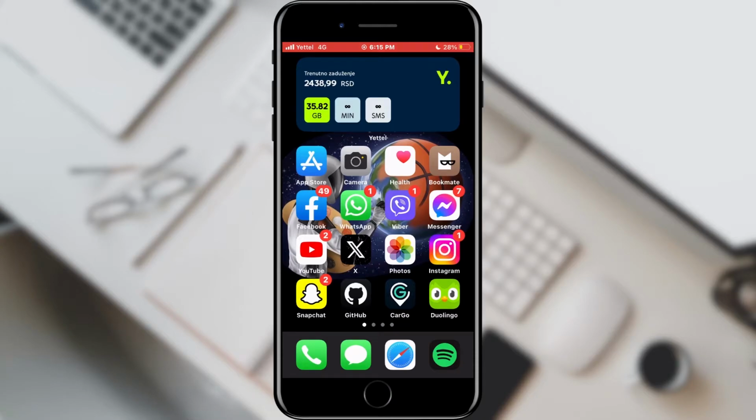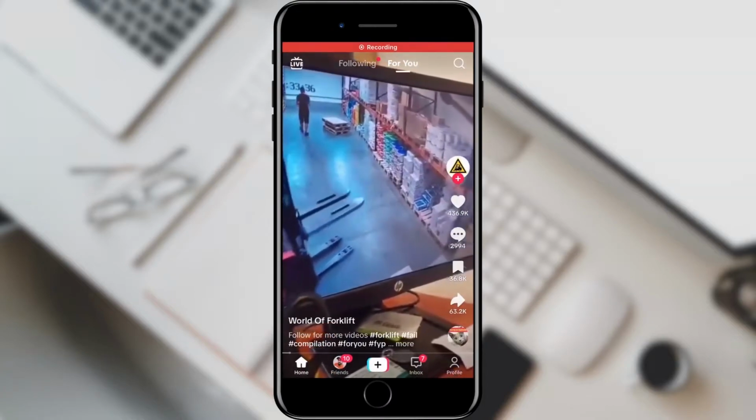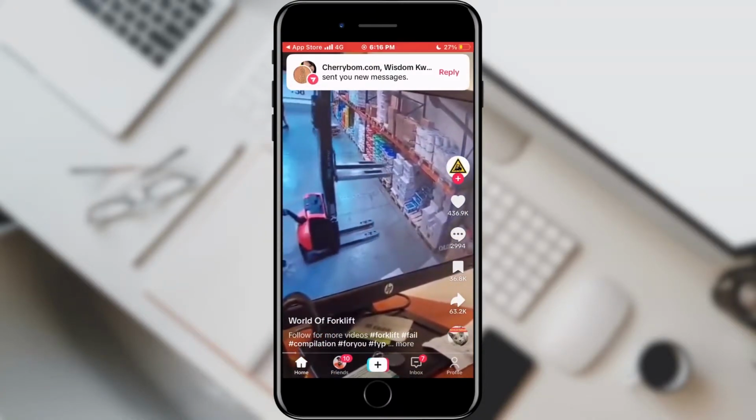First of all, we will quickly check if TikTok is updated. Open the App Store or Google Play Store on your phone and find TikTok. If there is an update button, click it and wait for the latest features to be applied. After that, open TikTok. When TikTok is opened and we have found the video that we want to speed up,